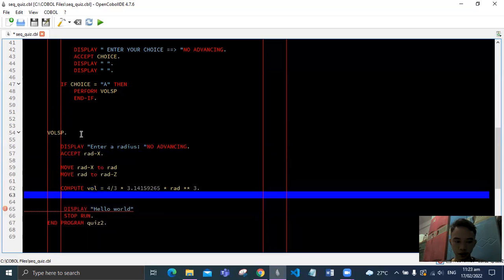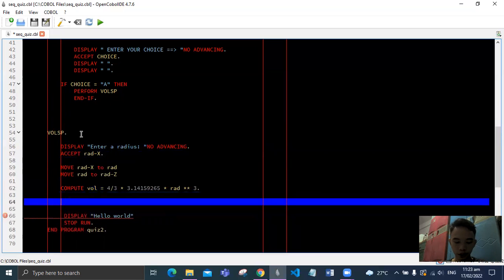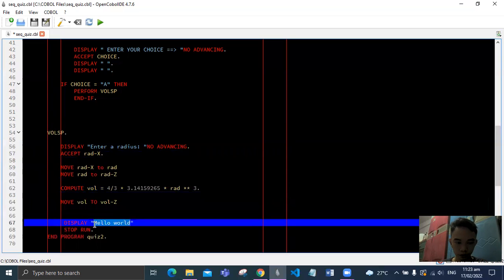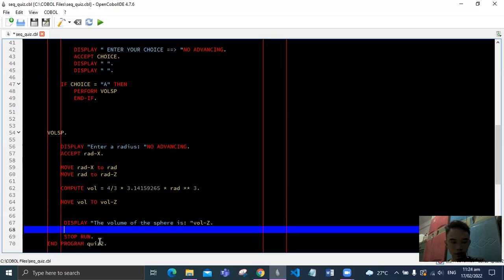So that's okay. After we are done computing, let's move the volume variable to vol z to eliminate the zeros. And then we're going to display the volume of the sphere is, okay, vol z. Okay, and then, okay,